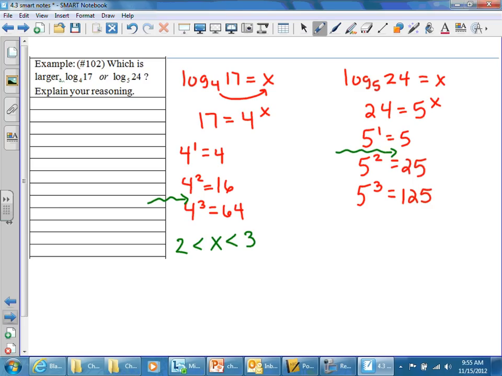Right in here. So I know this x has to be between 1 and 2. So the output we said was x, and this one has to be between 2 and 3. This guy has to be between 1 and 2. So which one is bigger? Log base 4 of